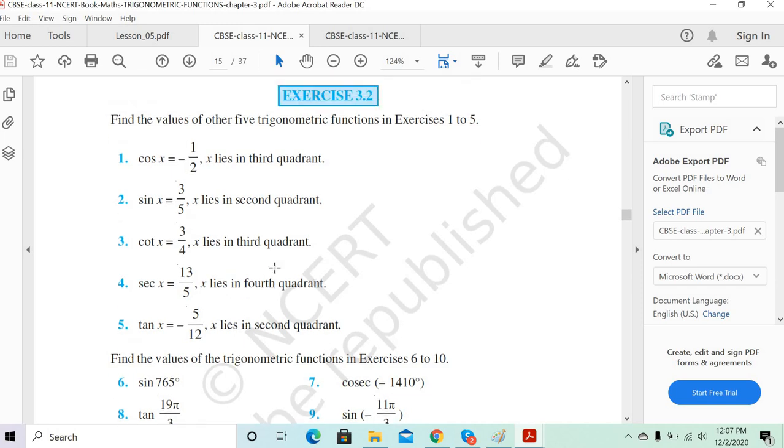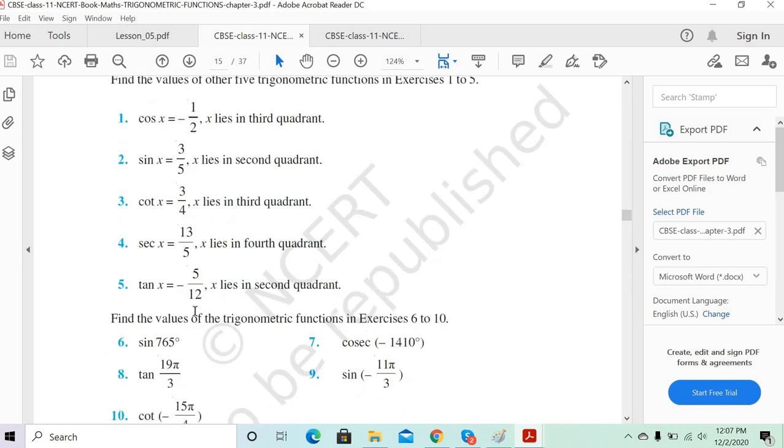3.2. Okay, fine. So sine of 765, right? Yes, sir. So how do you do this? Sine 765. So we need to find in which quadrant it comes. Can we first divide it into the n pi form and then? That also you can do. N pi means 180 degree. Pi is 180 degree, right?